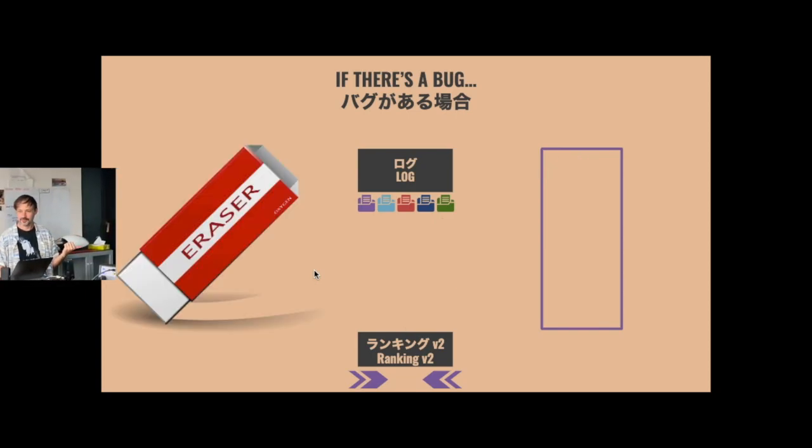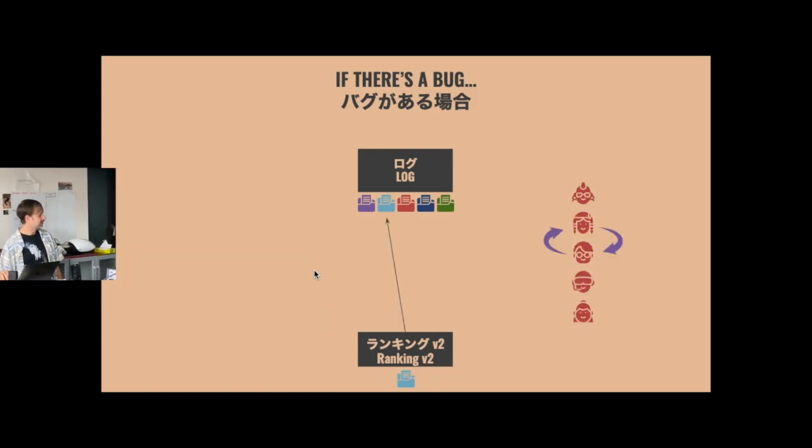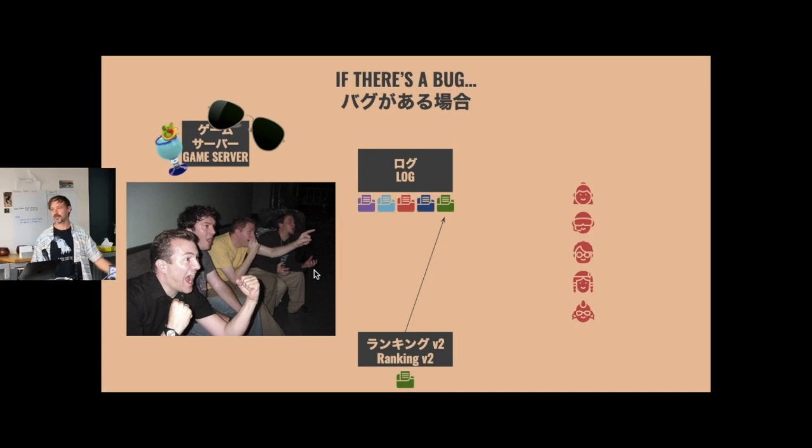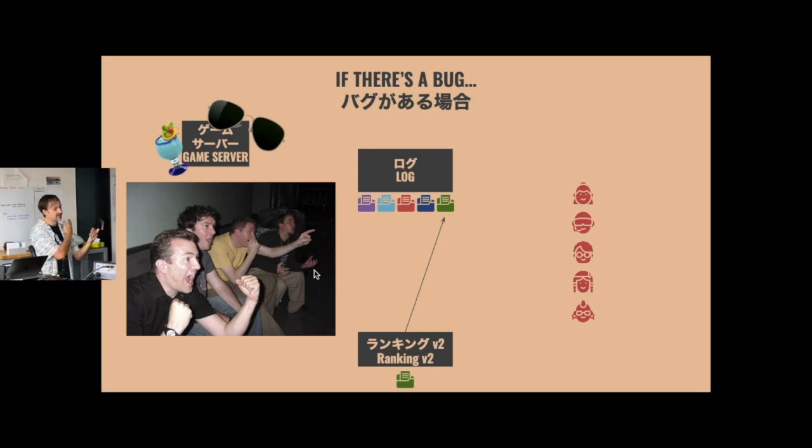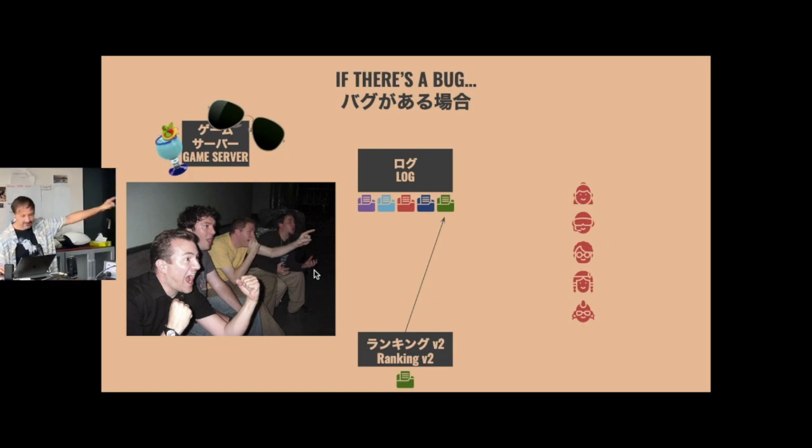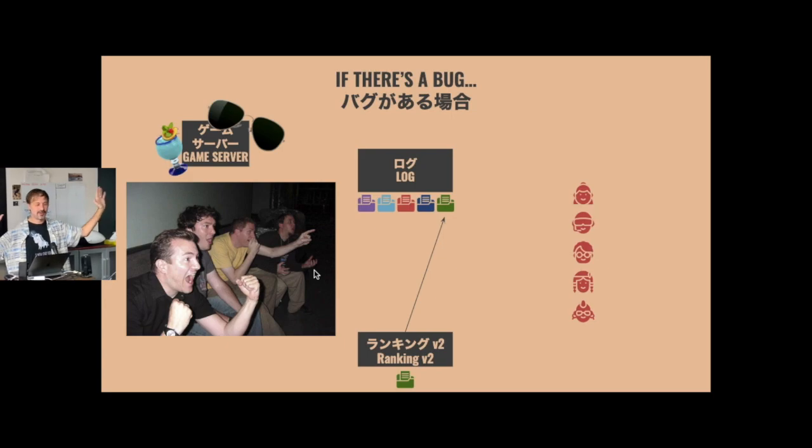Because when you delete all of your production data for the ranking service, I'm not saying delete your event log, don't do that. But if you delete everything about ranking, when it comes back up, it's going to look at the last thing that it saw and say, oh, I don't know where I started. I better start from the beginning. So I'll go to the first one, step through, and look, we are back where we want to be. Our leaderboards are not only correct, but they're correct, including for all the things that we may have been missing because our service was down while it was catching up. Again, game server has done nothing. Game server doesn't know anything about anything that has just happened, and it doesn't need to.